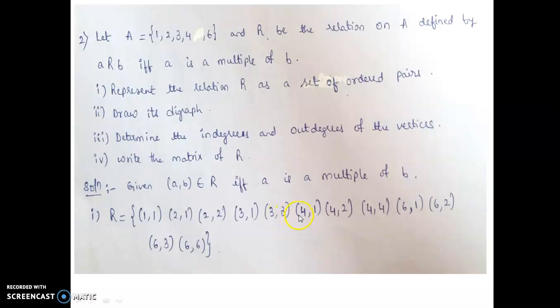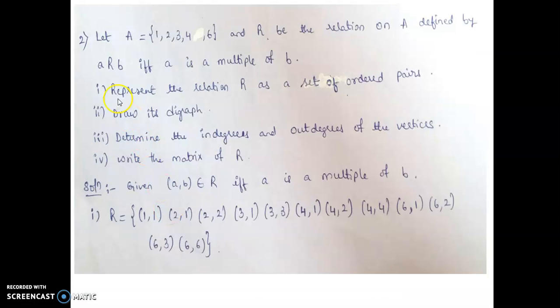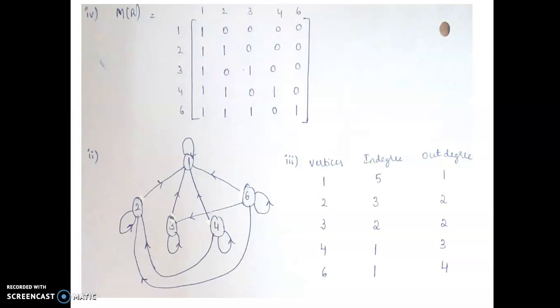4: (4,1), (4,2), (4,4). And 6: (6,1), (6,2), (6,3), (6,4). 6 you will get in the 2 table, 3 table, and 6 into 1, that is 6. So this is a multiple of b. In this way, first you found out R. And what you need to do here is draw the diagram of this. Once you got R, one needs to draw the diagram. So to draw the diagram,